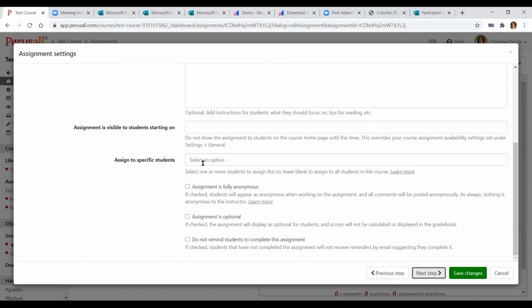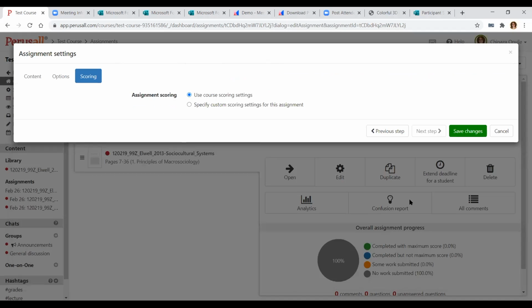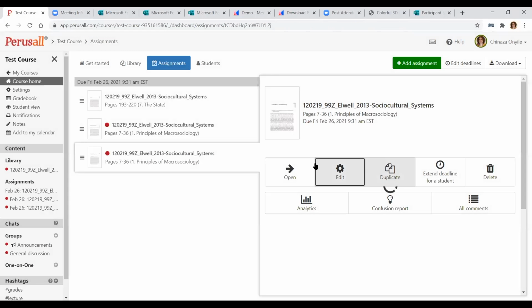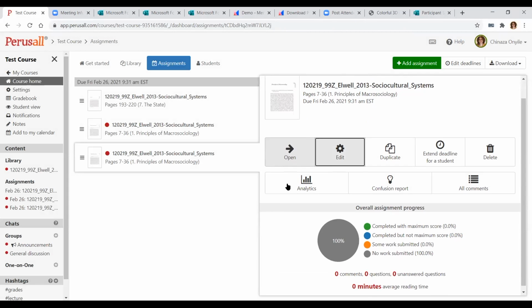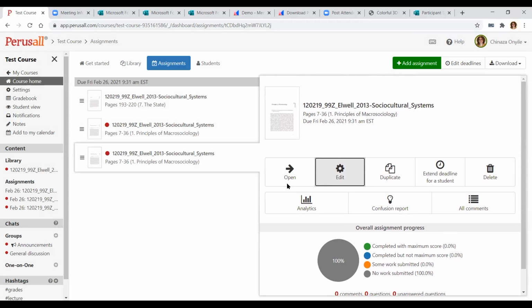You could even assign it to specific students. Again, it's really up to you. There are different options, and you can use the scoring settings, which you can customize. But essentially, once you have uploaded your text and you have your assignments,